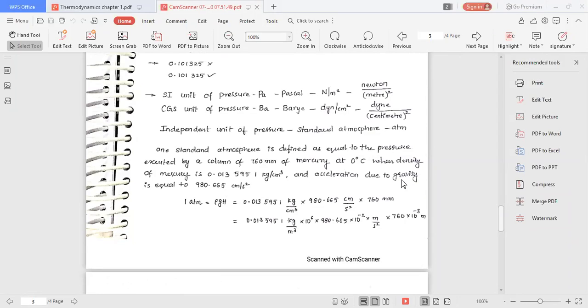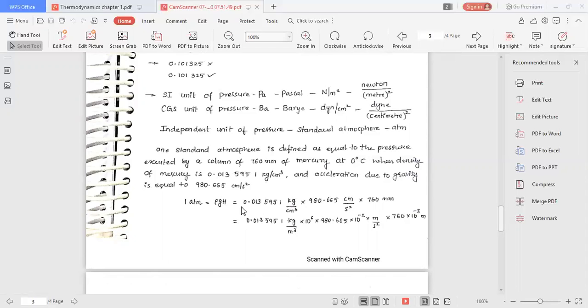And acceleration due to gravity is g, small g. So this is the value of g, but I have taken centimeter per second square, and we need to convert centimeter into meter here. And here I have converted kg per centimeter cube into meter cube. So we multiplied here, first rho, next g into h. Rho g h gives you pressure. What is the pressure formula? Rho g h. Rho means density of the fluid, g means acceleration due to gravity, and h means column of that fluid.